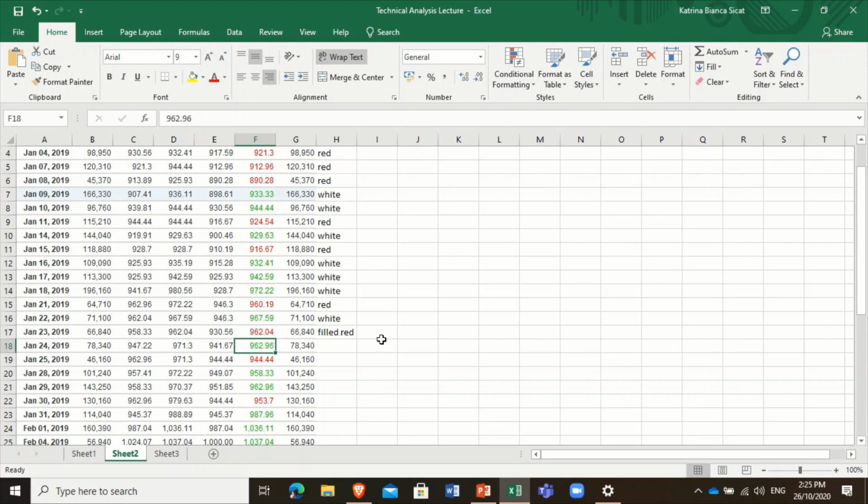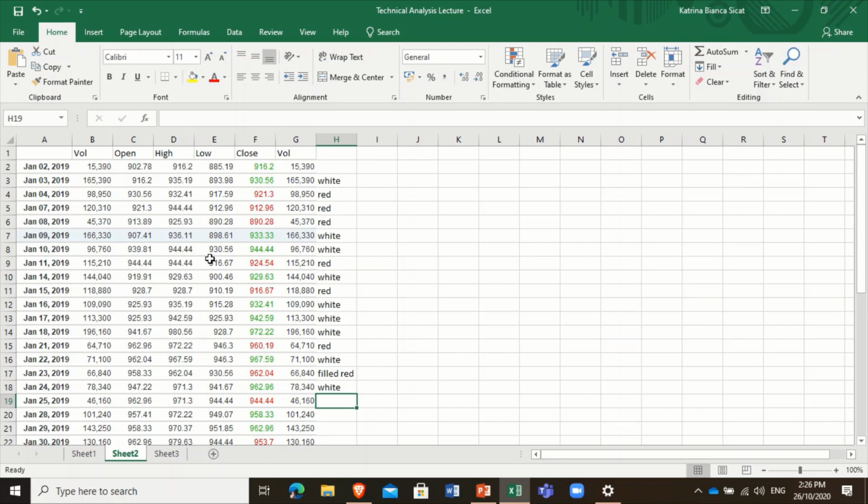So, unless hindi siya bumaba, it's still considered as black or white if it's unchanged. Magiging red lang siya if it's lower than the closing price of the day. Okay? So, this one is... okay. 947, 962.96. So, it's still a white candlestick. So, ganun lang. Now, how are you going to plot